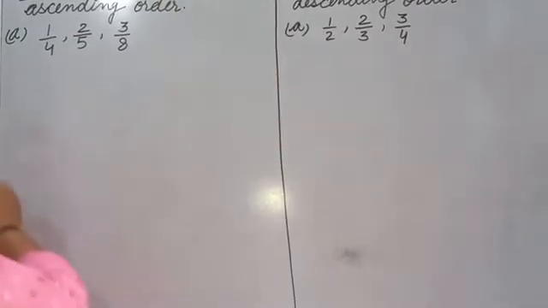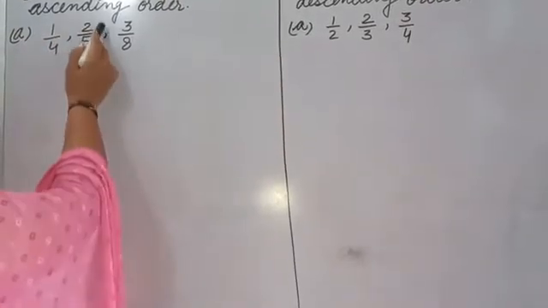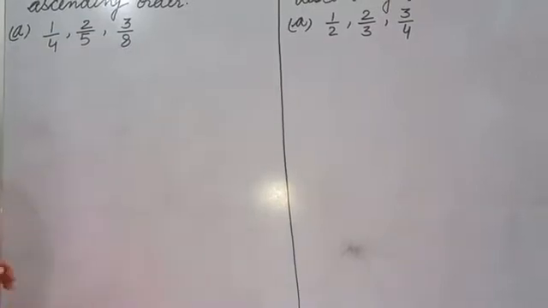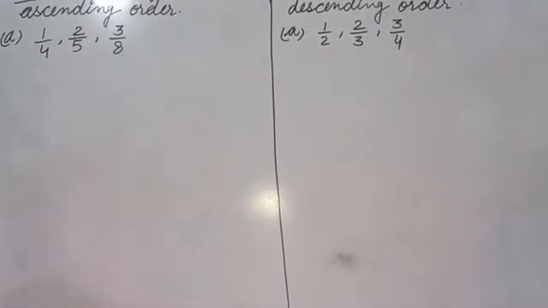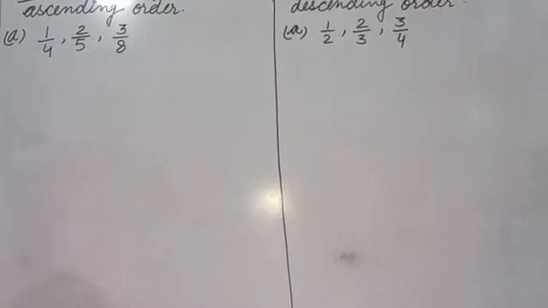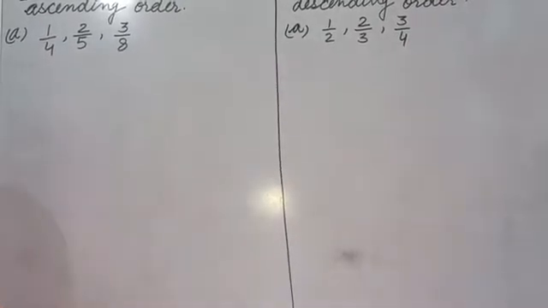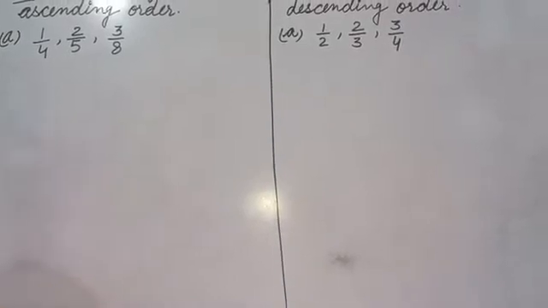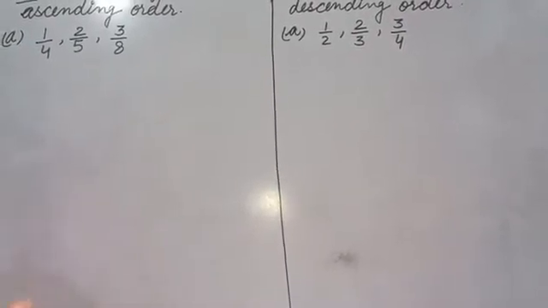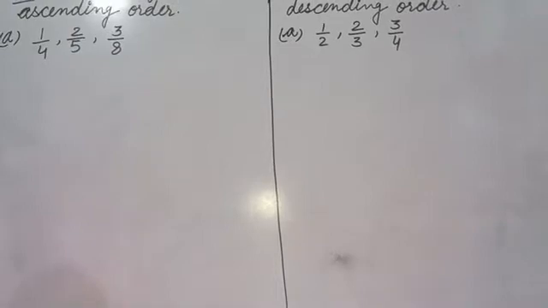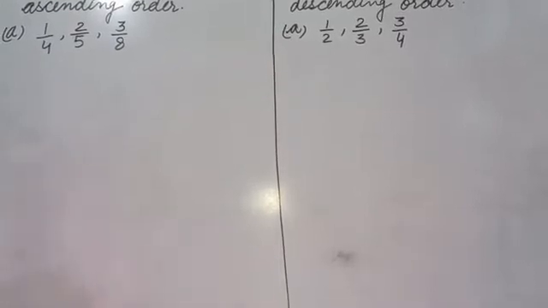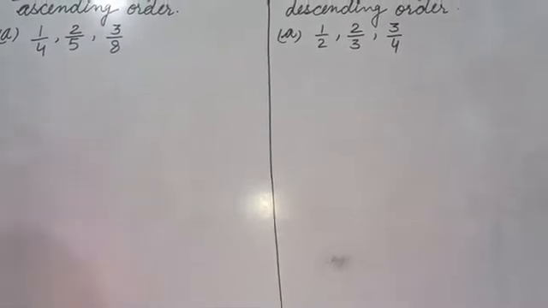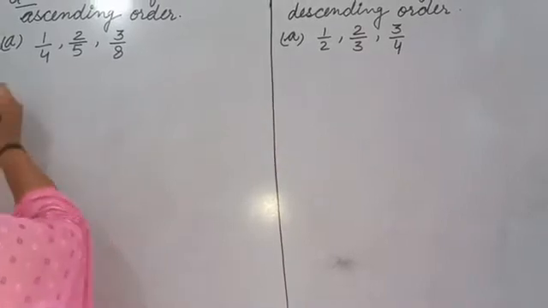Now you will see that A part: 1/4, 2/5, 3/8. So we can see that denominators are different. These are not same. When denominators are same, then we can directly compare. But denominators are different. So for that, firstly we make denominator same. How we will make denominator same? As I told you that we should find the LCM of denominators and then we will write their equivalent fraction and then we can compare. Okay. So firstly